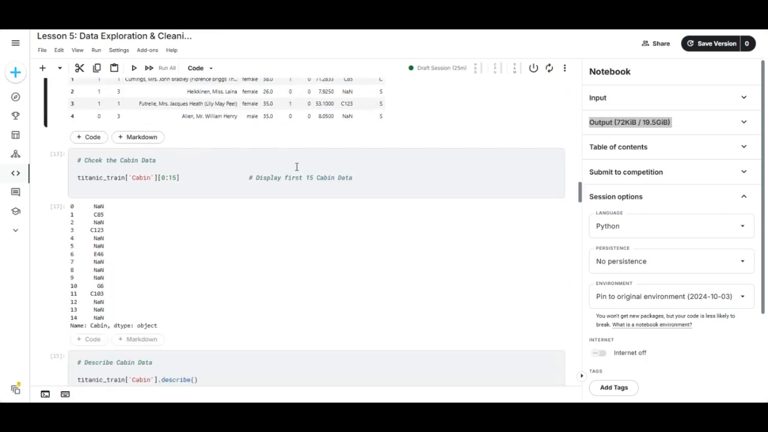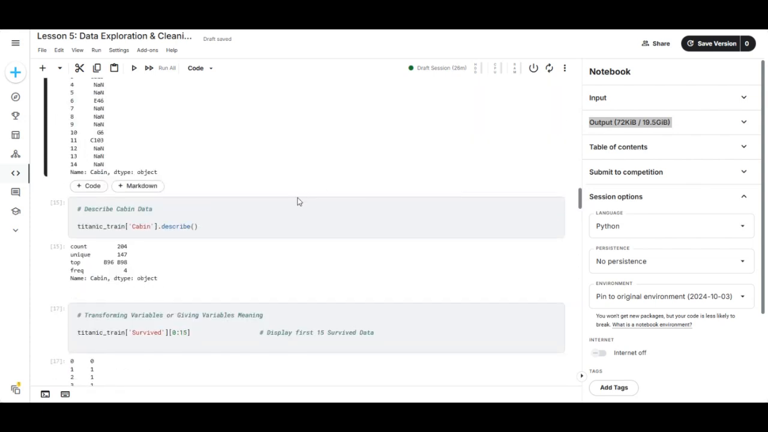Now let's check the cabin column. Let's click the cabin. Now for the cabin column, you check the 15 records. You discover that some of them have no record. We have C85, no record for this, none. C12, no record, and the rest. Now let's describe it and see what it gives us. Now we describe the column data. The count is